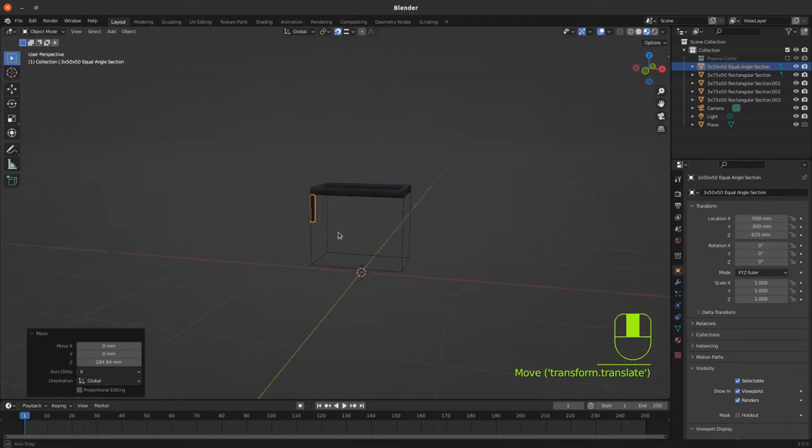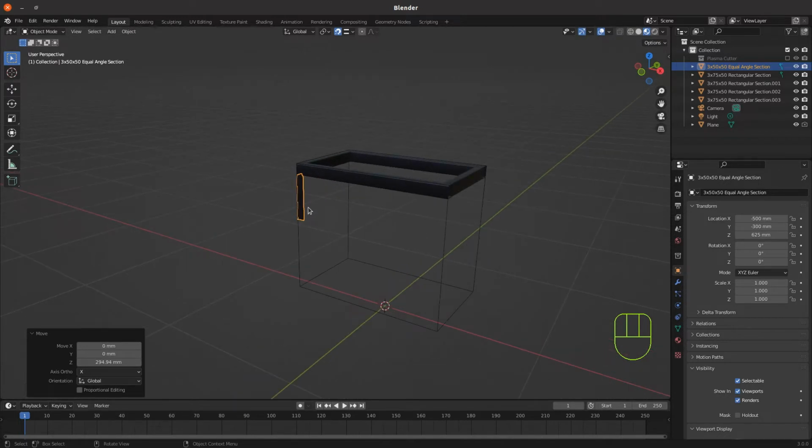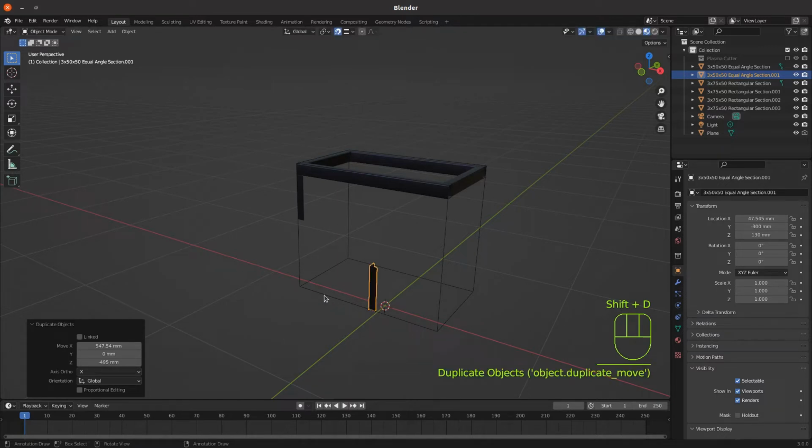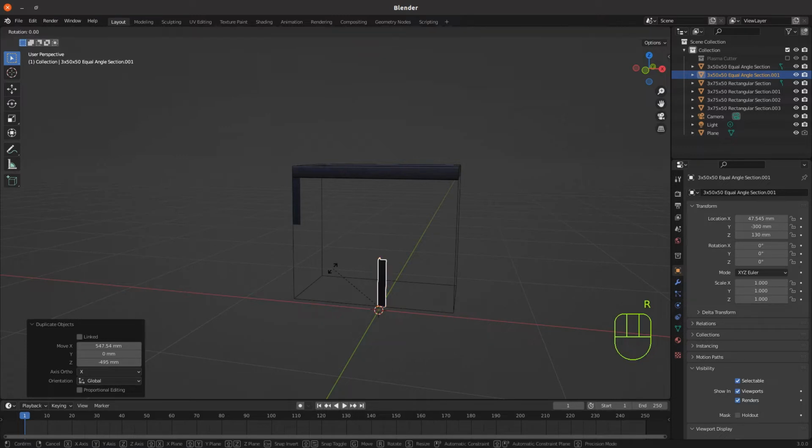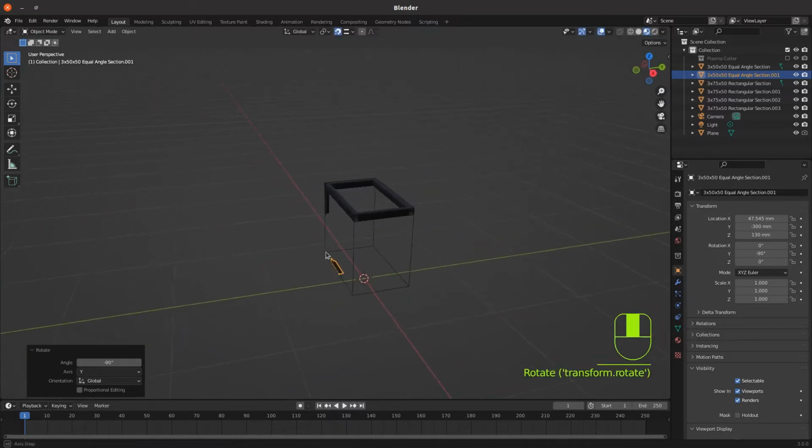I'm going to leave that where it is for the moment, and then make a copy of that with Shift D and just move it down and snap it onto one of the bottom edges. It's on the front edge at the moment, so we can rotate it through 90 degrees so it lies flat on the front edge. To do that we need to rotate it on the Y-axis 90 degrees. So on the keyboard press R for rotate, Y for the axis, and -90 so it rotates round and sits down where the bottom frame will sit